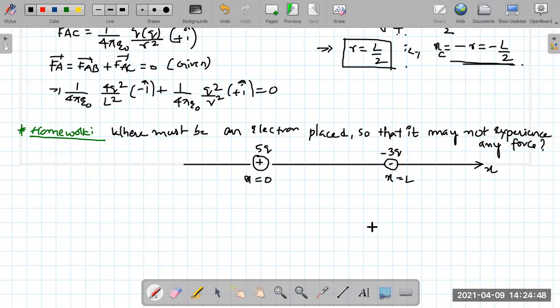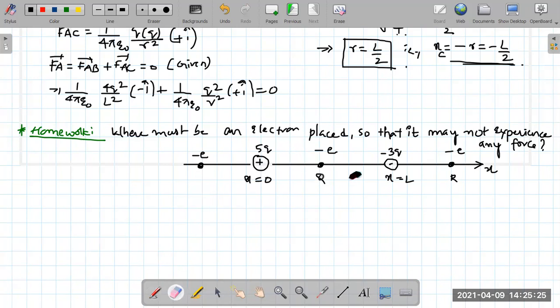Will you try it, or should I explain? Yes, will try, sir. So there are three possibilities. This minus E can be here, or minus E can be in this region, or minus E can be here. So see where it is possible. Can we place it at points P, Q, R? Let me call it PQR. Can we place it at point Q?